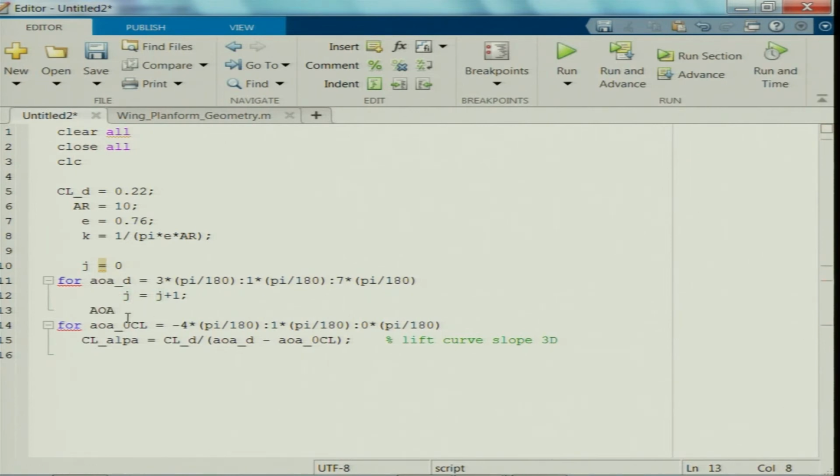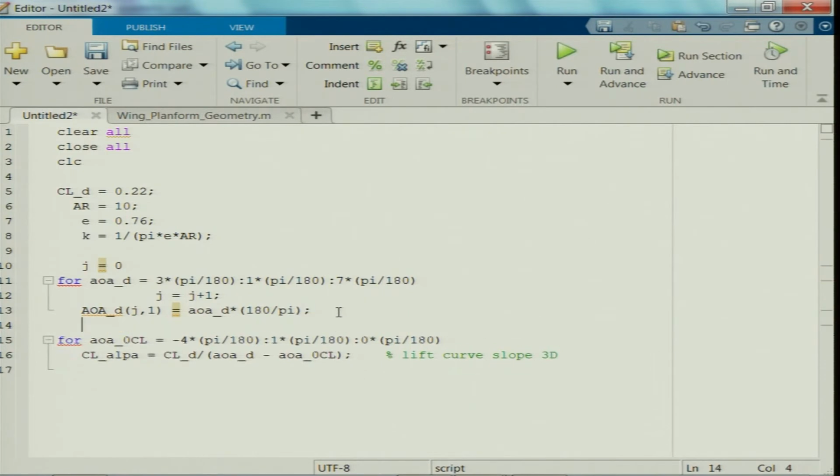So, I would like to store angle of attack design of j comma 1 is equal to AOA underscore D multiplied by 180 by pi. I am storing it in terms of degrees again, right. So, it is done, AOA design, and then